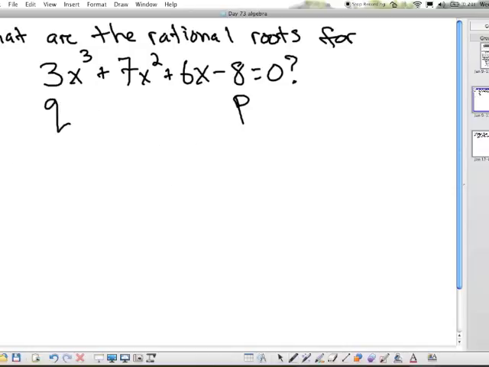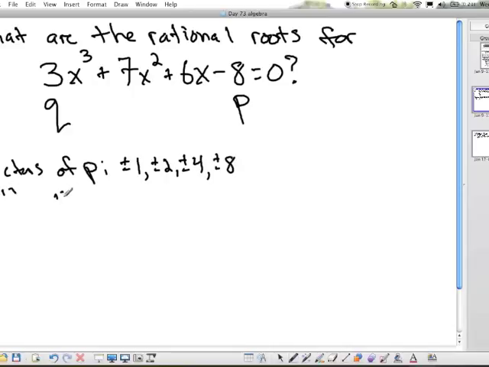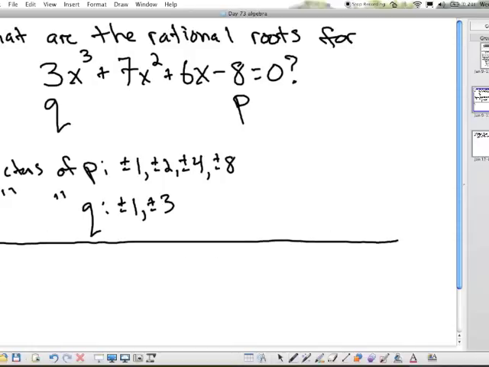So, factors of p are plus or minus 1, plus or minus 2, plus or minus 4, plus or minus 8. And then factors of q, plus or minus 1, and just plus or minus 3. So, our possible